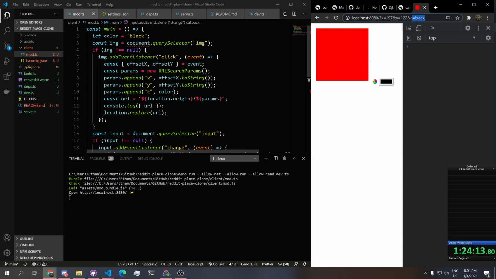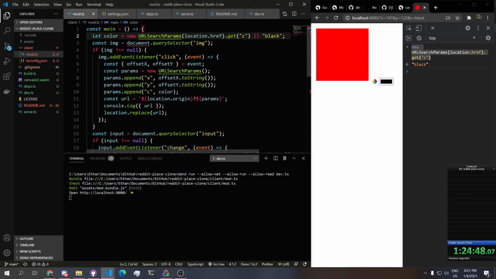Let color equal new URL search param, location dot href, dot get c. Oh, that was sick. I got that on my first try. Yeah, it's either that or that. Cool. So now when I change it to green,